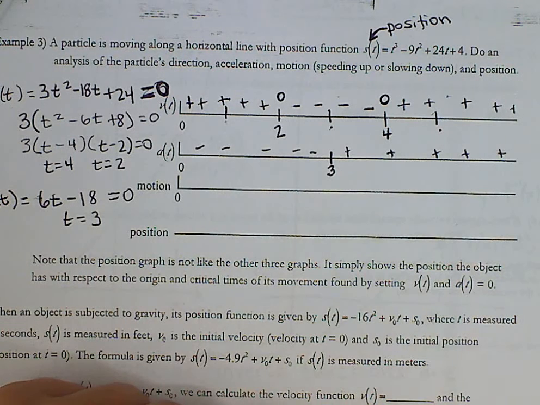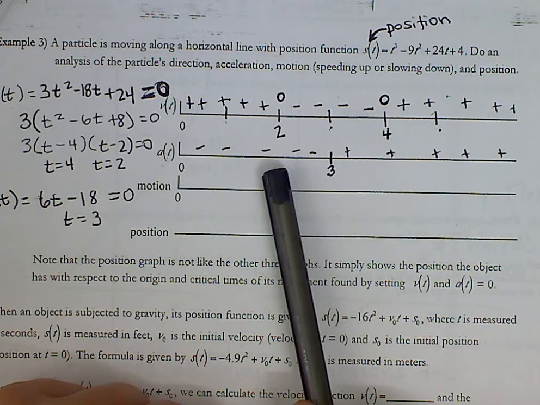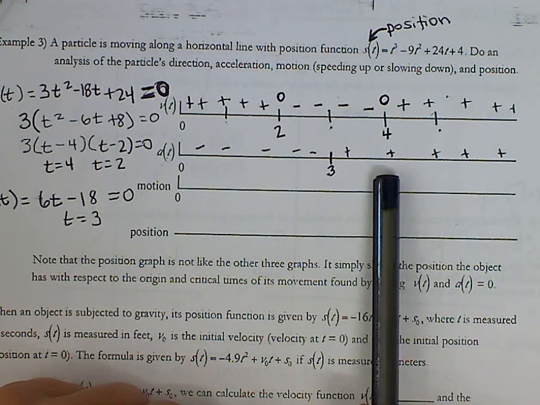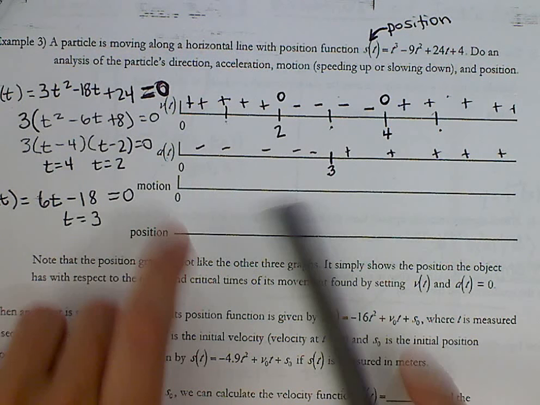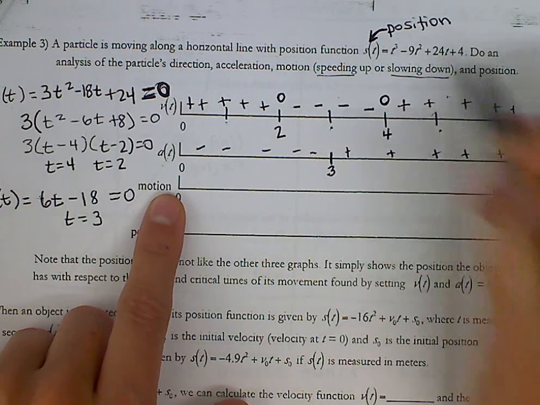So I can see that to the left of the critical point, it's negative, so it means the particle is accelerating to the left. And to the right of the critical point, it is positive, so it's accelerating to the right. Cool. So now, in order to determine its motion, meaning whether it's speeding up or slowing down, I'm going to